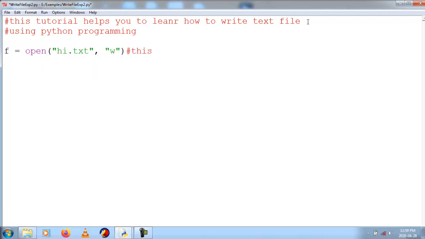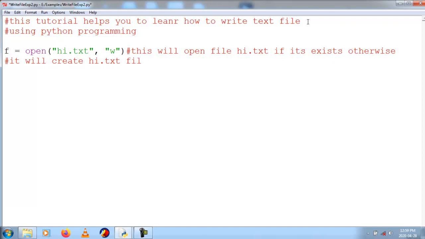So this will open the file hi.txt if it exists, otherwise it will create the hi.txt file. So that's the first line. It will open a file hi.txt if it exists. If the file does not exist, then it will create a new file called hi.txt.